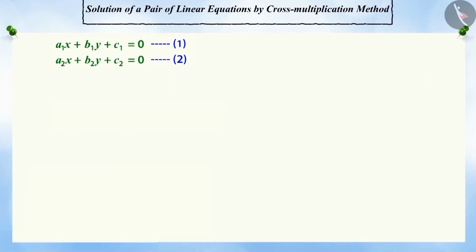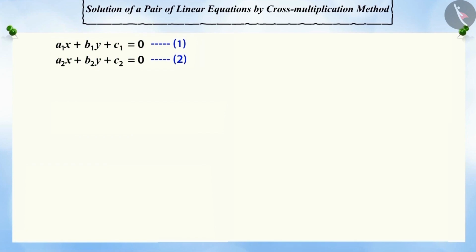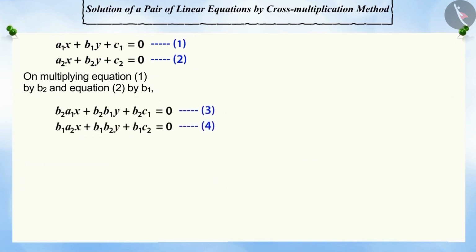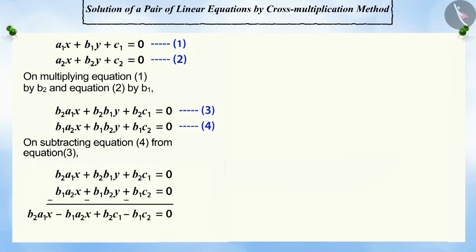Let's start with the general form of a pair of linear equations in two variables. Now let's solve this with the help of the elimination method. Here, in order to eliminate variable y, we'll multiply equation 1 by b2 and equation 2 by b1, which gives us equations 3 and 4. On subtracting equation 4 from 3, we get